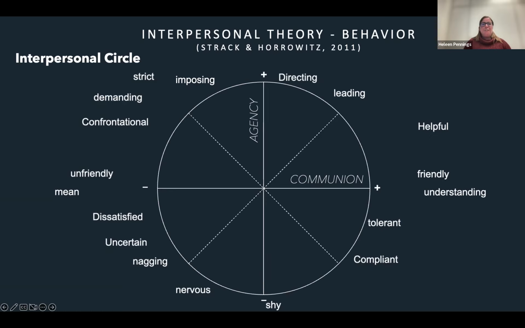Then we have another principle from interpersonal theory that's really important to describe interactions between people, because how interactions develop depends on the complementarity principle. This states how people adapt to each other.